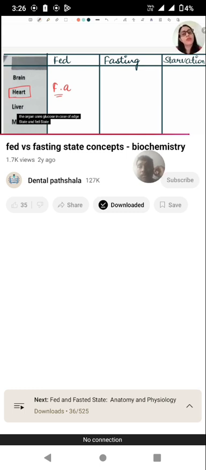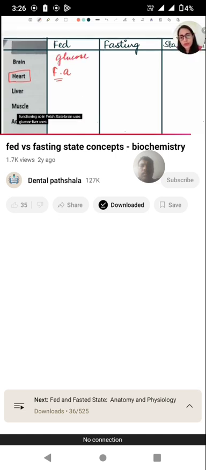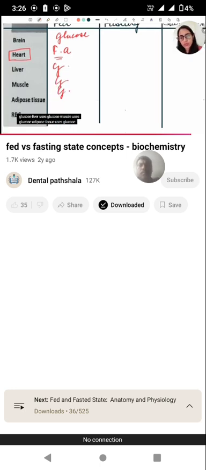In the fed state, glucose is available to the tissues, but the heart is very important. It needs to pump all the time. That is why it is not dependent on glucose. It takes up fatty acid for its functioning. So in the fed state, brain uses glucose, liver uses glucose, muscle uses glucose, adipose tissue uses glucose, and RBC uses